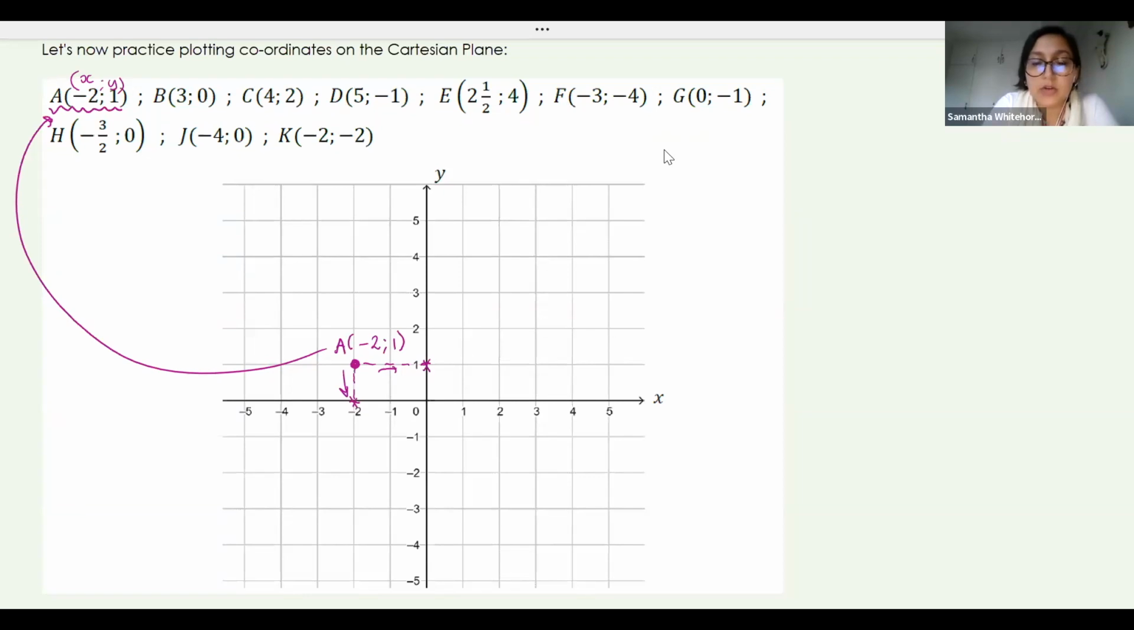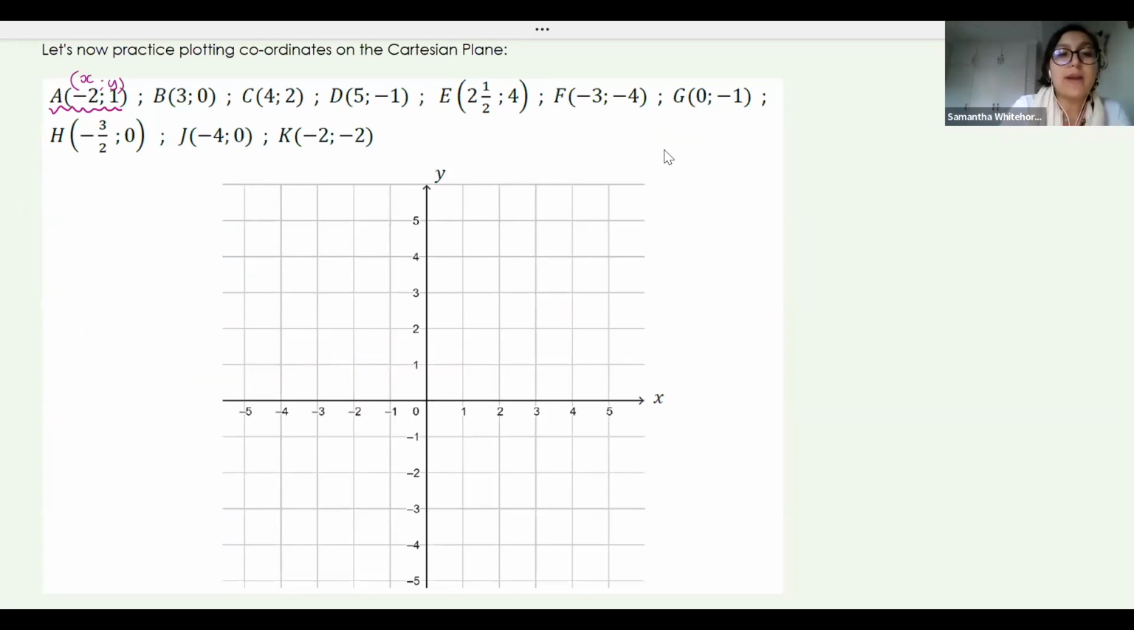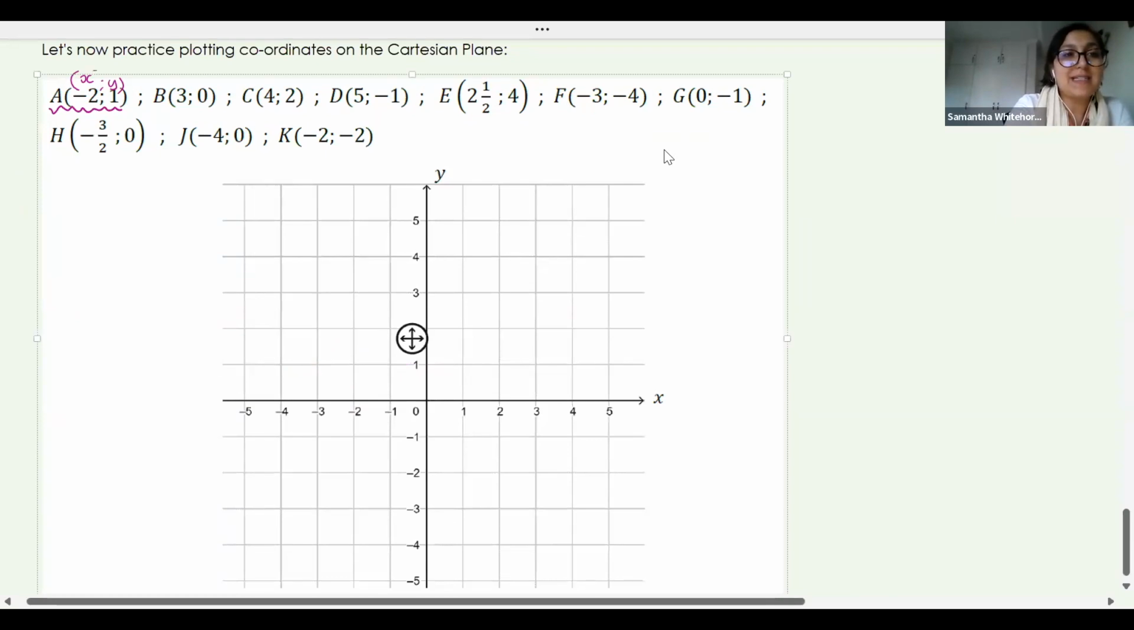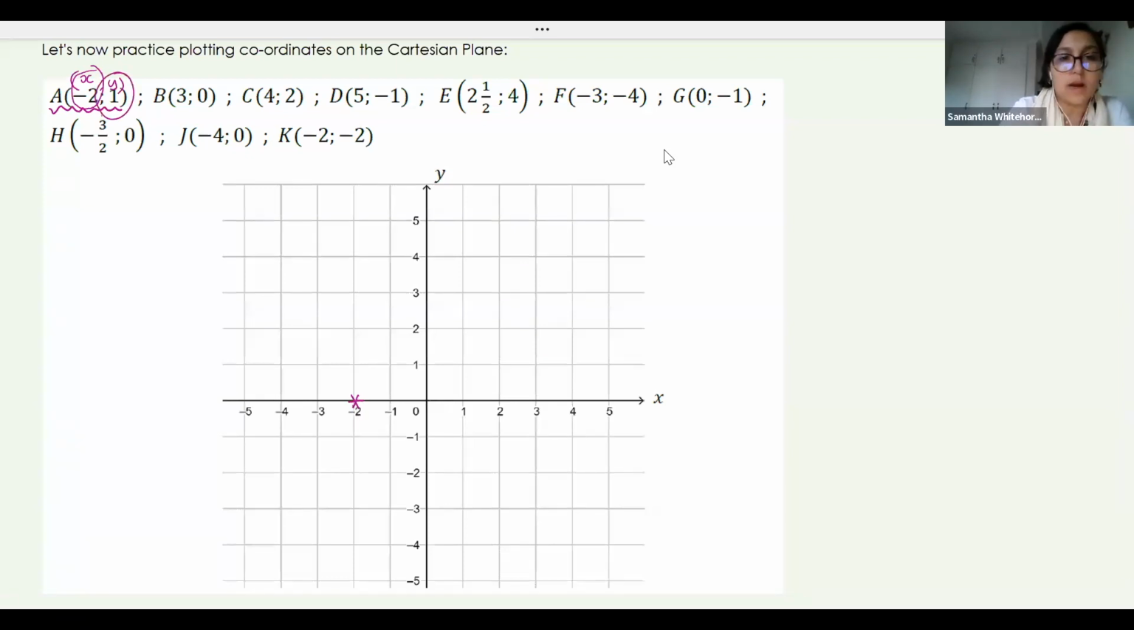Right, so those of you saying you don't understand, I'm going to say it again. We now want to plot the point. So we're plotting point A. Point A is at x is -2, so we go to -2 on our x-axis. And y is 1, so we go to y = 1 on our y-axis. Essentially, where those two vertical and horizontal lines meet, where they cross, that is where I'm going to find